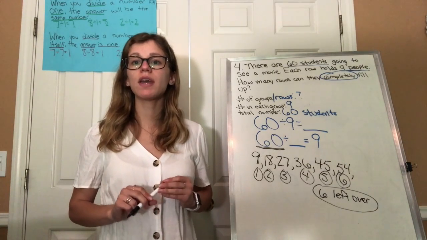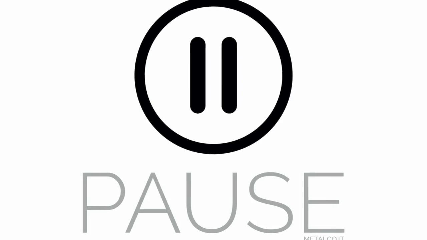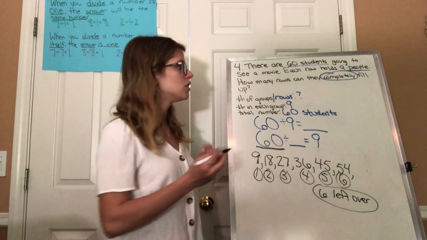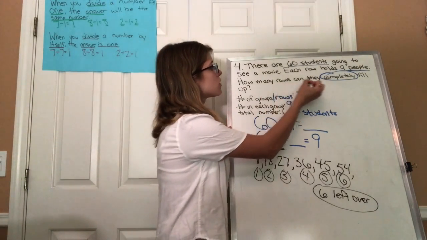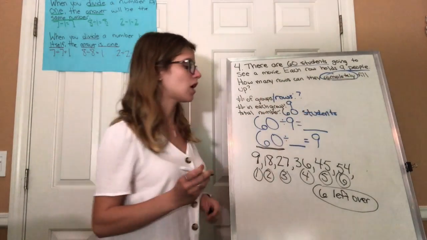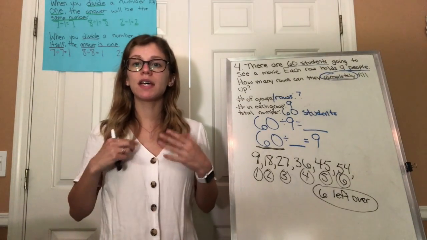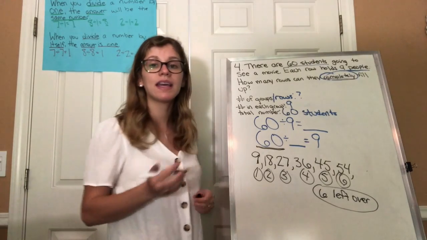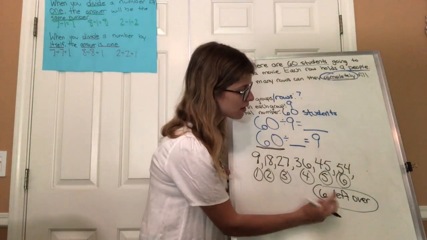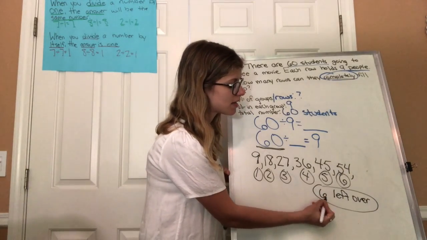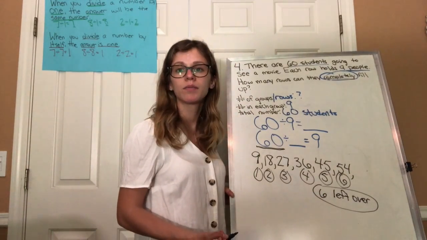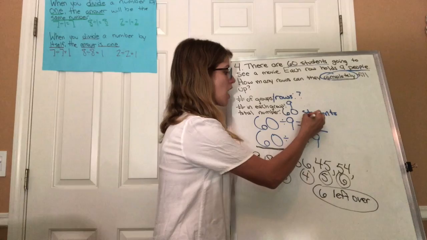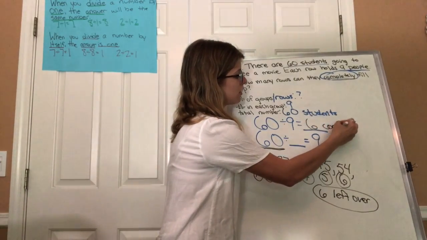Pause me and think about what is my answer to this problem. So it's saying, how many rows can they completely fill up? So I see that if it's asking me for completely filled up, I can't think about these 6 students that are left over because they can't make a group of 9. So if it's asking how many can I make that are completely filled up, I would have 6 completely